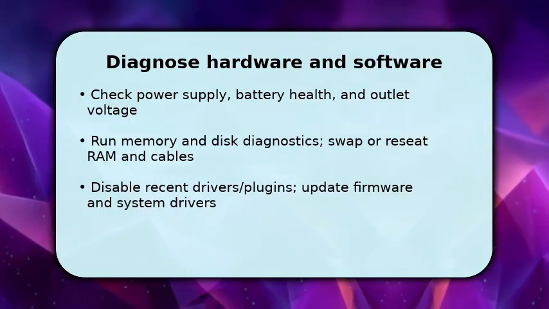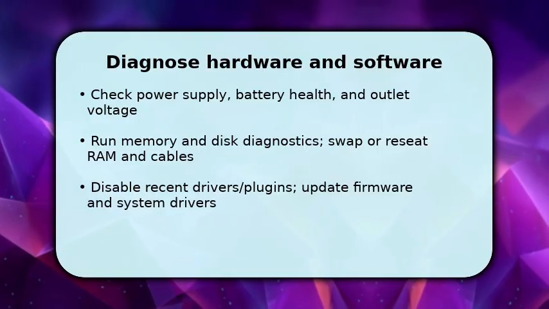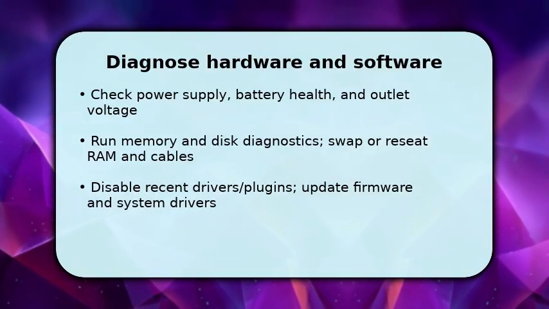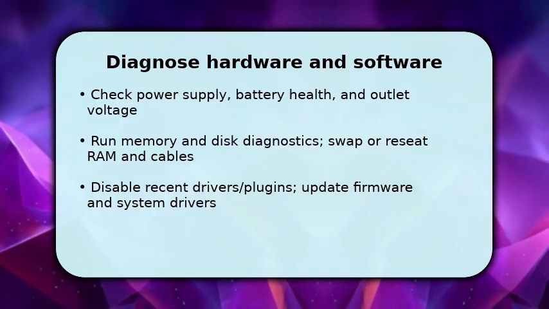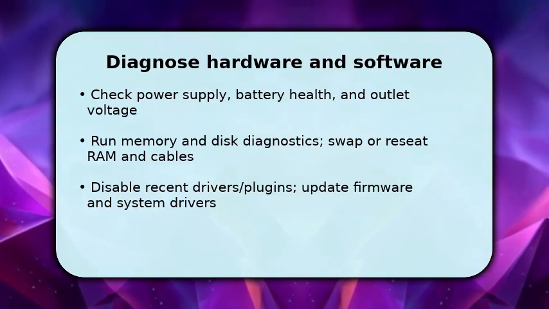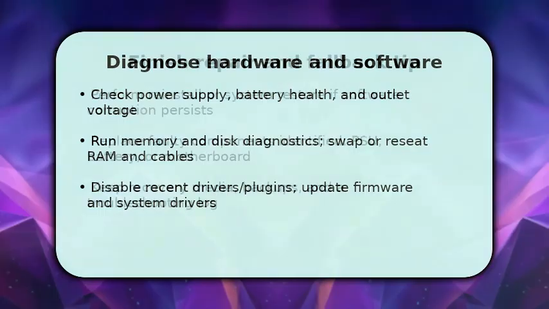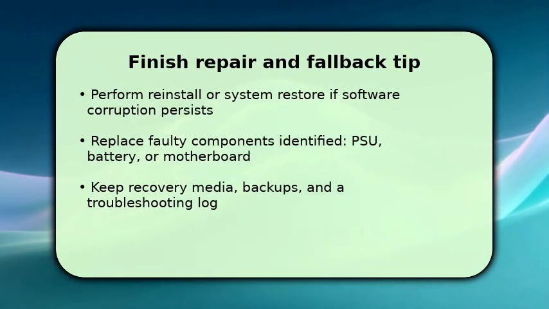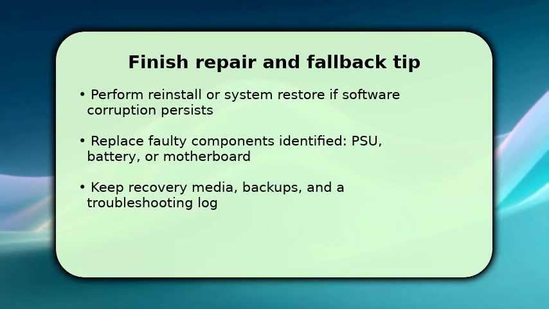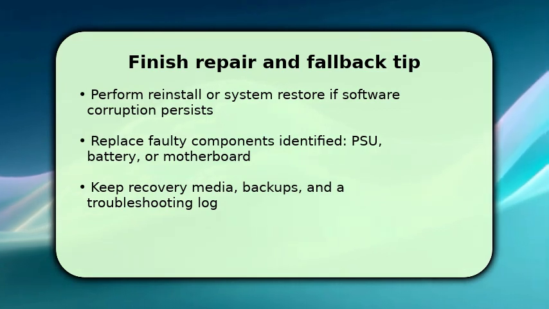On the software side, disable recent drivers or plugins and install firmware or driver updates. These fixes address crashes that shut the system off unexpectedly. Continue methodically. To finish, restore system stability by reinstalling the OS or using System Restore if corruption persists, and replace